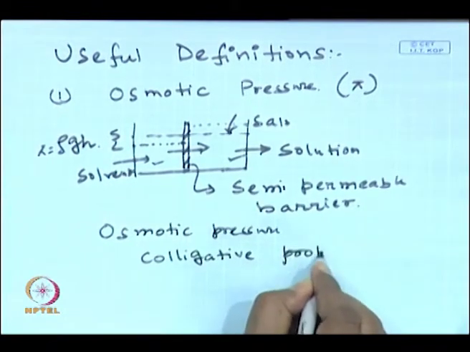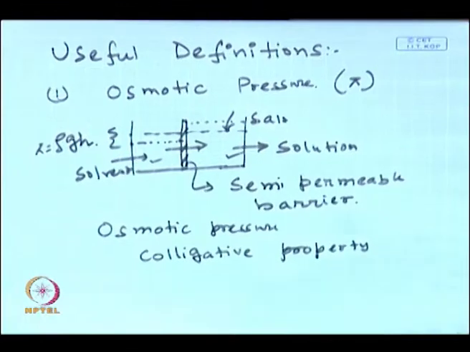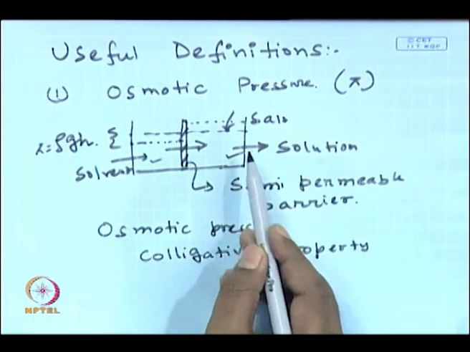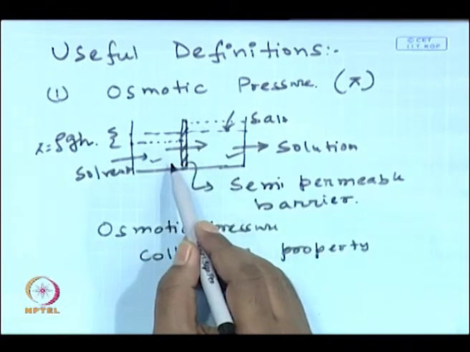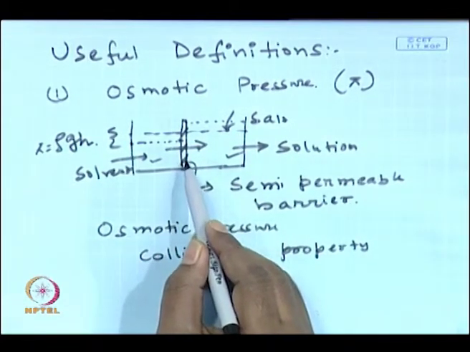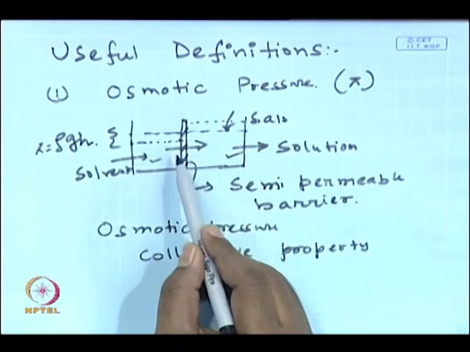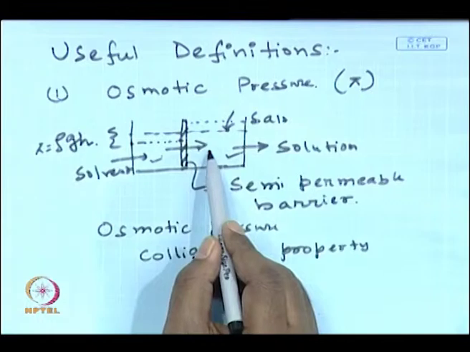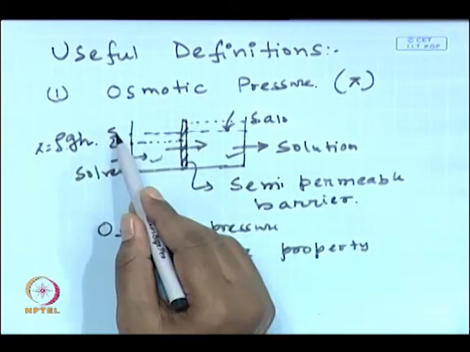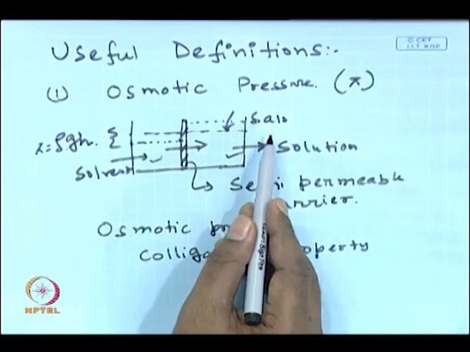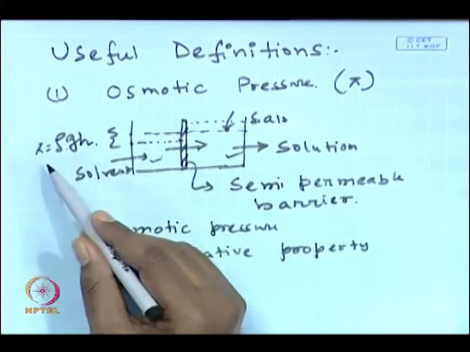Now, we discussed in the last class that osmotic pressure is a colligative property. Colligative property means any property that depends on the amount of solute present in the system. So, if you increase the concentration of the salt in the solution side, the difference of water activity will be higher. So, more water will permeate from the solvent side to the solution side. In that case, the hydrostatic head, delta h, between the final equilibrium positions in the solution side and the solvent side will be more. So, the osmotic pressure developed will be more.